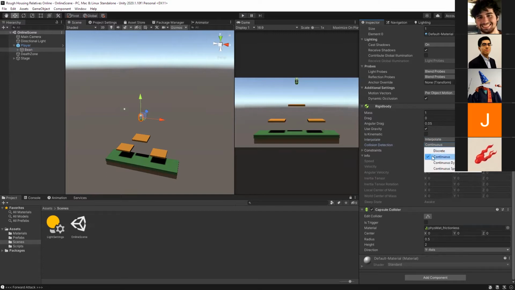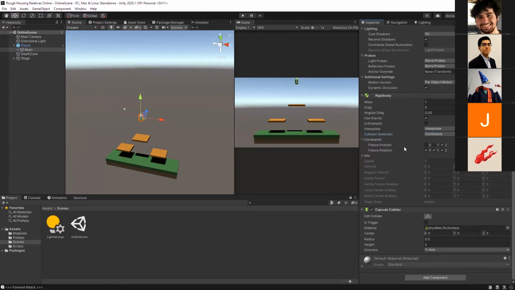The collision detection mode is continuous. I'm not going to bother explaining all these. You can read a lot about how all of these work, but basically discrete is very cheap computationally, but if you're going fast, you sometimes go through objects. Continuous is going to be more accurate, but a little bit more expensive. But when you're going fast, you don't go through things. That's true in most cases, but eventually you're going to mess with these and realize that you're going so fast that none of these matter and you've got to implement your own collision anyway, but this works for now.